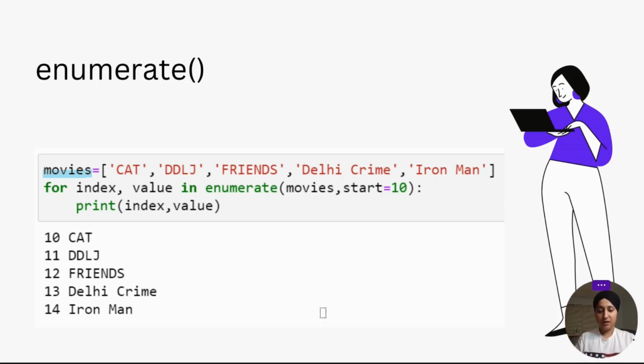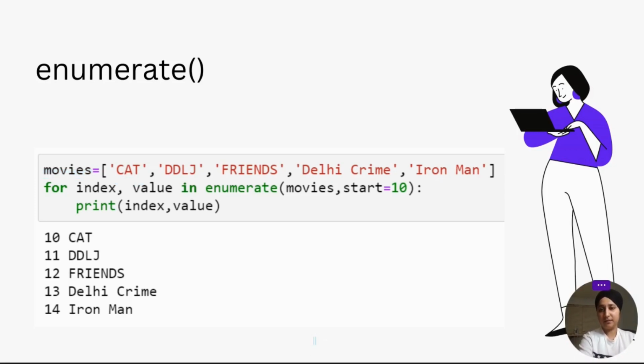You can see here, while using the for loop, for index comma value, we have to write index and value, because we know the enumerate function links the index with the value at a particular index. For example, this is the value Cat, so it may have the index 0. It may start from index 0, but in this